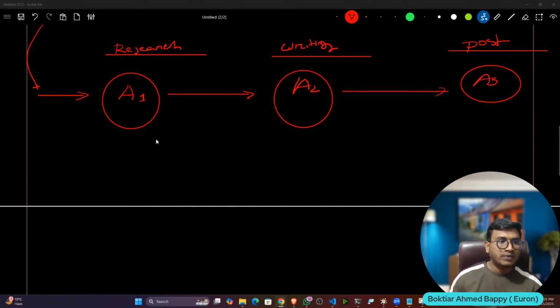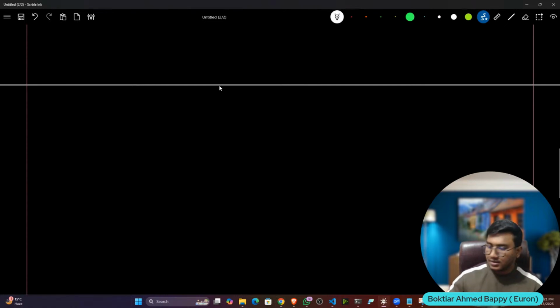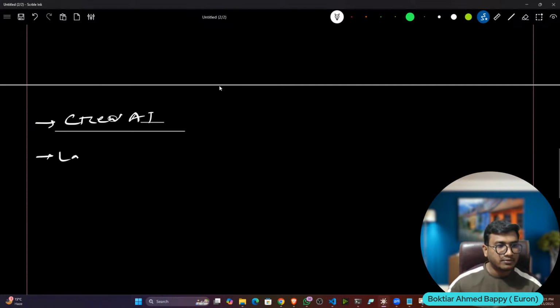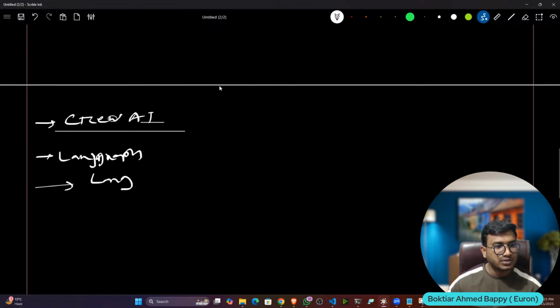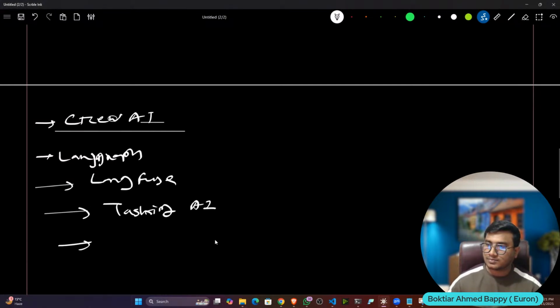So see, let me show you one practical demo. This practical demo will give you a clear-cut idea of how these agents work exactly. For this, we'll be using one amazing agentic AI framework called Crew AI. There are different frameworks, and Crew AI is one of them. Then we have LangGraph. LangFuse is also there. Then some no-code platforms are also there, I think. Let me see the name. There is another one called Tasking AI. Then we have